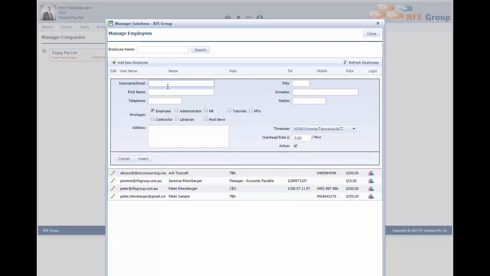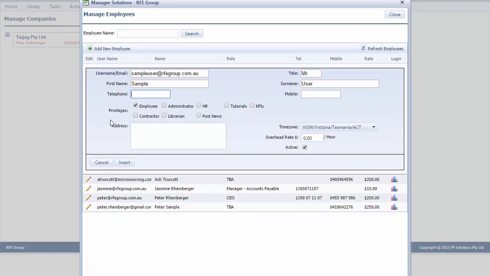We start by adding in the user's email, because this is how you interface with them in communication. So we've set up a person called Sample User at our sample company, and then you move to a point where you get to choose the privileges that the new employee has. This is a really important part of the system, because from here you can choose to define whether they're an employee and or an administrator, whether they've got access to human resource management,